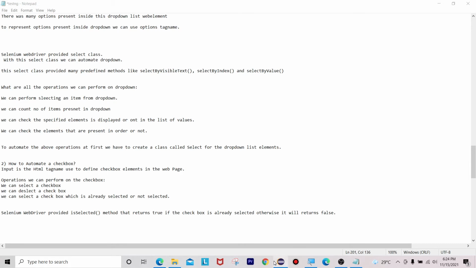Now I'm going to explain how to automate radio buttons in Selenium automation. This is the same way we did for checkbox. In the same way we can automate radio buttons also.